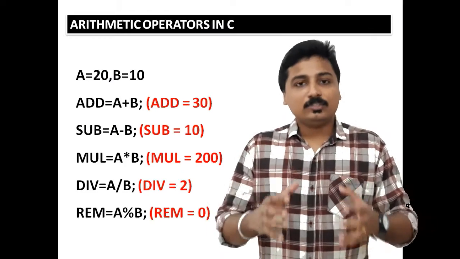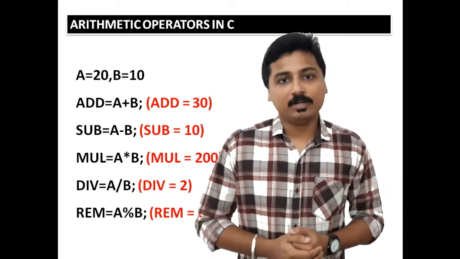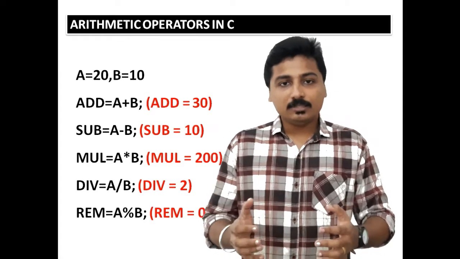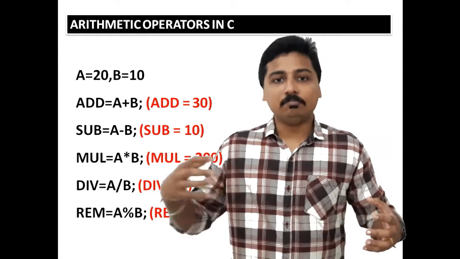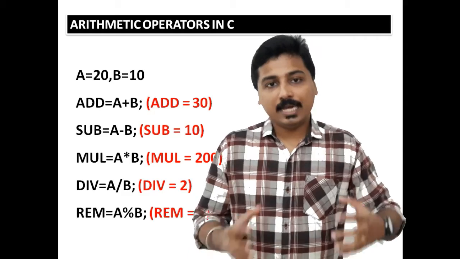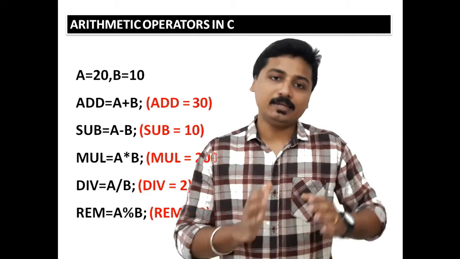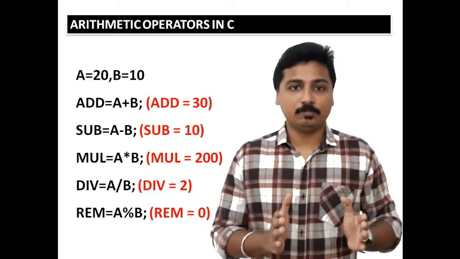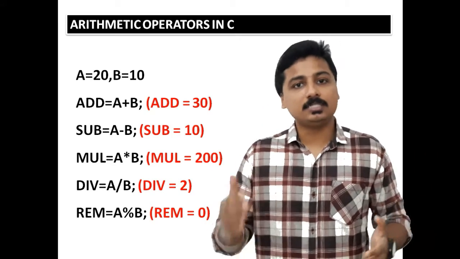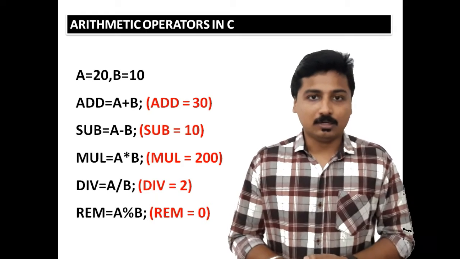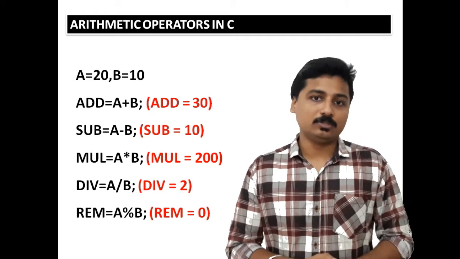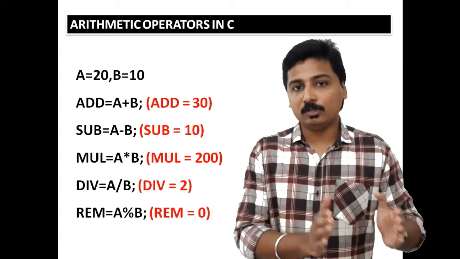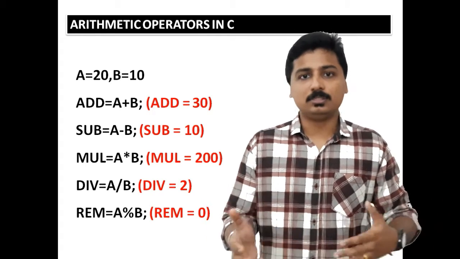Okay, so in the first case we are discussing the example relating to the operator classification called arithmetic operators. Here we are taking two values, a and b. A and b are variables, and a will be holding a value 20 and b will be holding a value 10, and we are performing the various arithmetic operations like addition, subtraction, multiplication, division and modulus operation on these variables. In the first case, 20 plus 10 equals 30, so that value will be stored into a variable.